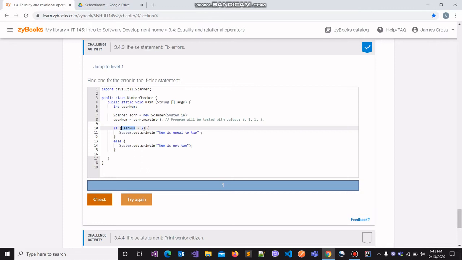So in order to make comparisons, we need to use a comparison operator and not an assignment operator. So instead of a single equals to, we will be using a double equals to. A double equals to is essentially a comparison operator that compares the value on the left hand side against the value on the right hand side. If the values are the same, the boolean result is true, and if the boolean value that we obtain is true, then the code within the if block will be executed. Otherwise, the code within the else block will be executed, right?